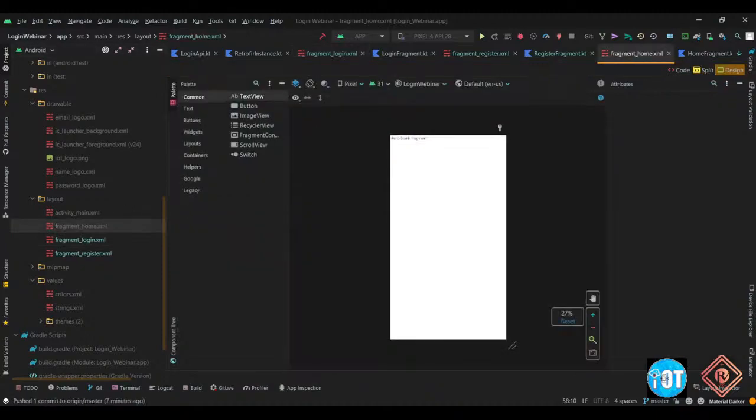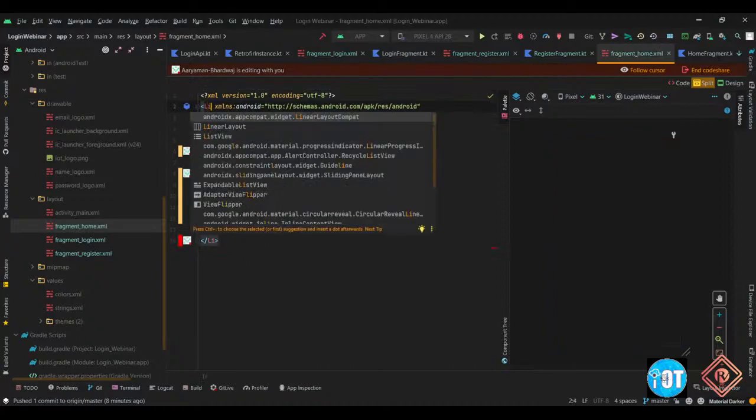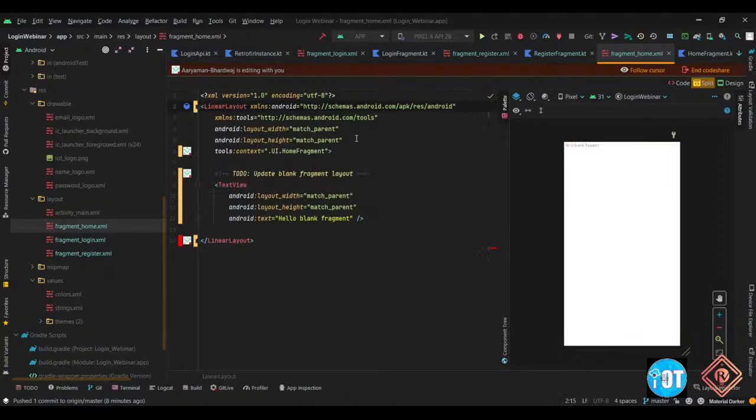Now coming to the home fragment, this is a simple fragment which will show you the response which comes out from the API call. Let me just fill this up a bit quick. This will be a linear layout,